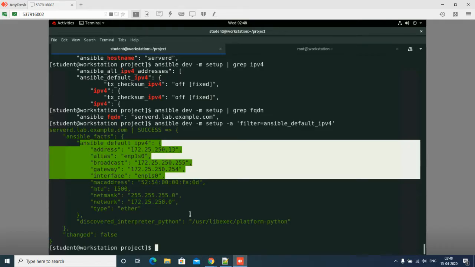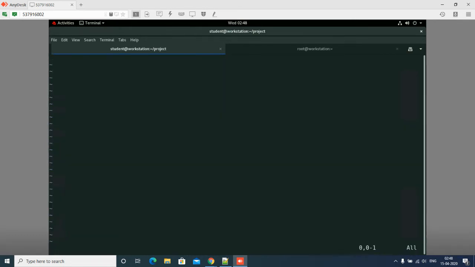Now I am going to use these variables inside my playbook. How am I going to use these variables? I will write one playbook, and I will say vim using_facts.yml. Now I will start my playbook this way. I will say hyphen name using playbook